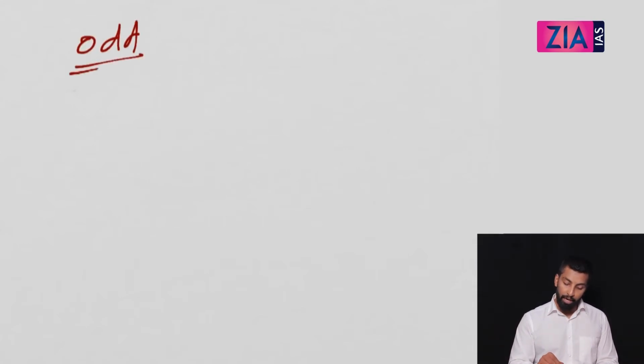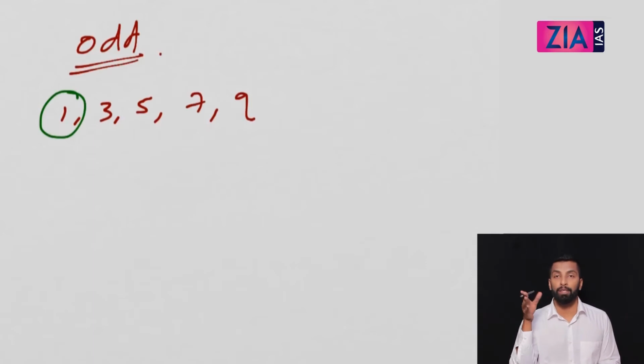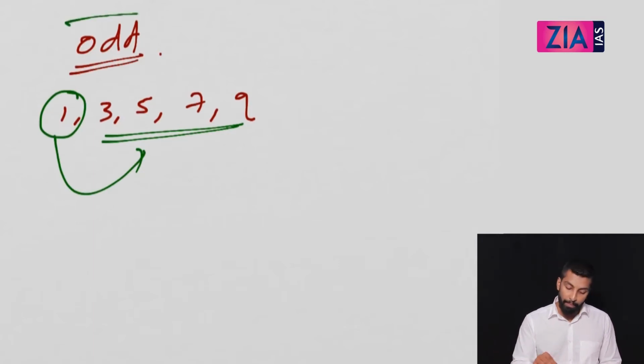Let's discuss the method now. I'm dividing this into two sections. In the first case, I'll discuss all the odd numbers, meaning numbers ending in 1, 3, 5, 7, 9. For odd numbers, I have a very direct and shortcut method for numbers ending in 1. You'll get the answer in seconds, in a flash. Then 3, 5, 7, 9, I will extend the method which I am going to use for 1, so it will become easy for you. So we will cover complete odd numbers.